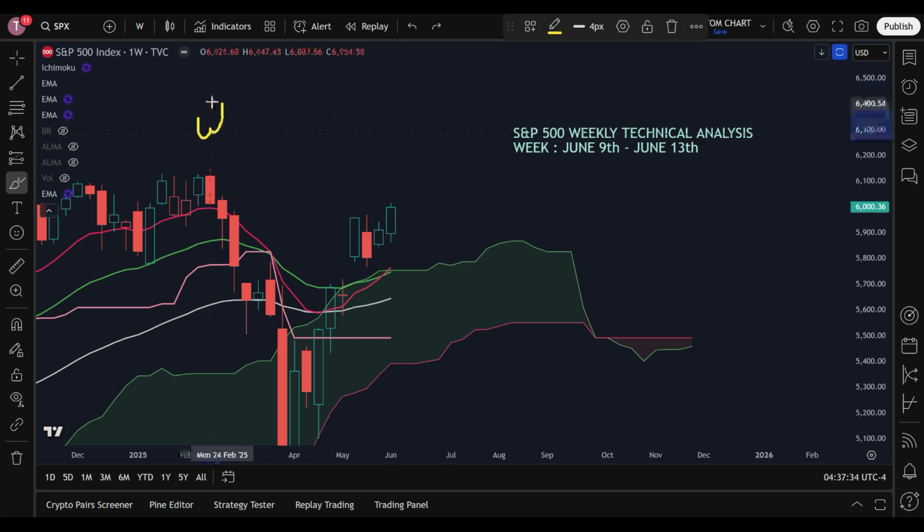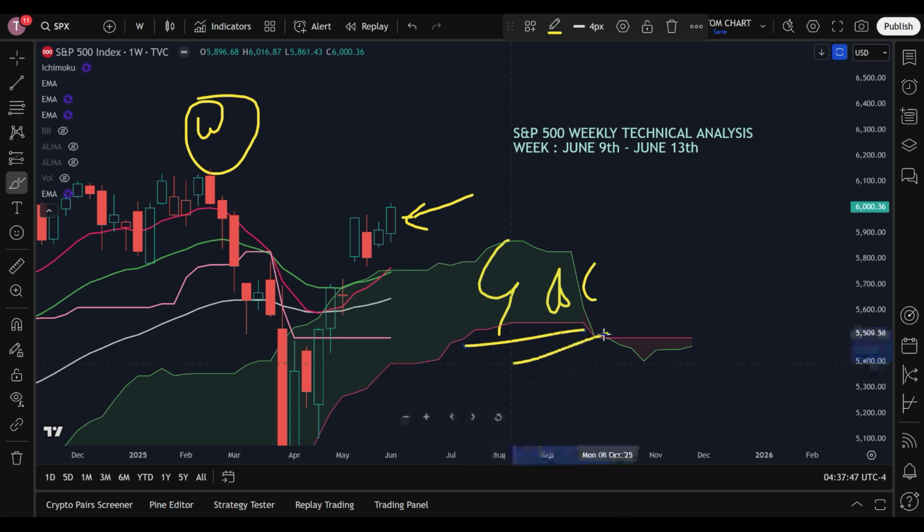Now, this is the weekly chart. Weekly chart means one candle represents 1 week, not 1 day or 1 hour. Okay. One candle means 1 week. Now, when you look into this, the last weekly candle, it's a good bullish weekly candle. There is no defined shape of the candle. Okay. And in this manner, this candle simply indicates an initial or intraday bullish movement on Monday. That's it, nothing else. However, the S&P 500 has closed above the 6,000 mark.